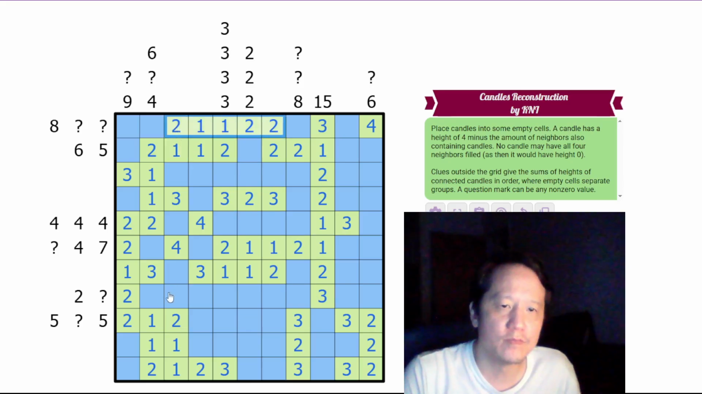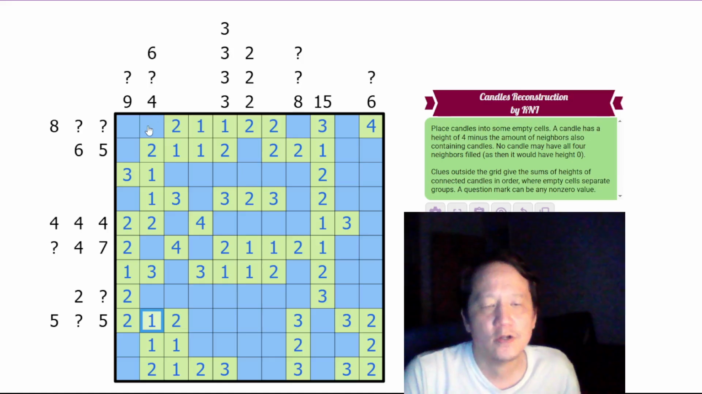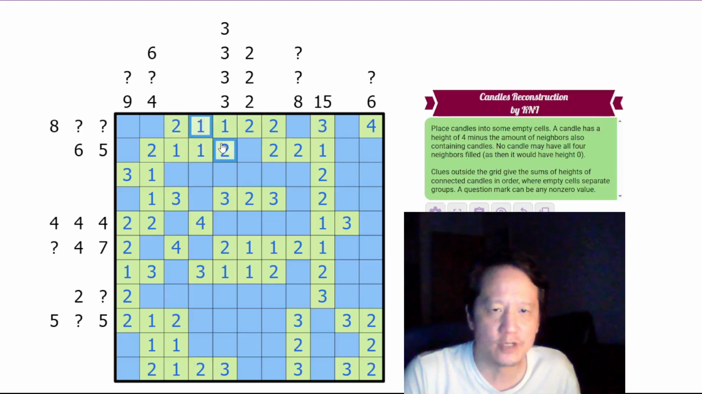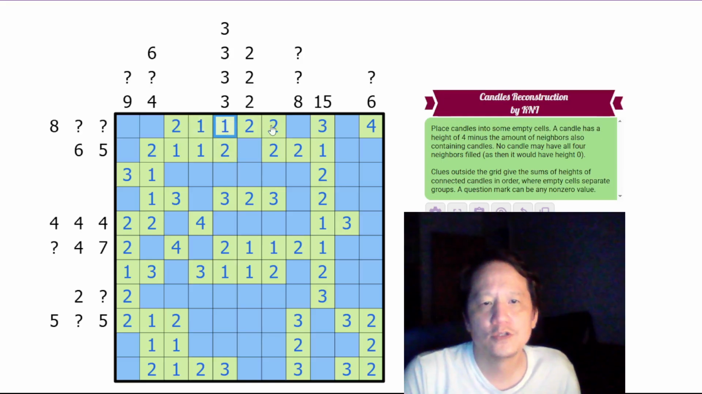So we have 4, that's the one we needed to finish, and 3 here, and 5, and those are all done. So with candles, this has 2 neighbors with candles, so 4 minus 2 is 2. 3 neighbors, 4 minus 3 is 1. So 3 neighbors, 2 neighbors, 2 neighbors, 1 neighbor, 0 neighbors,